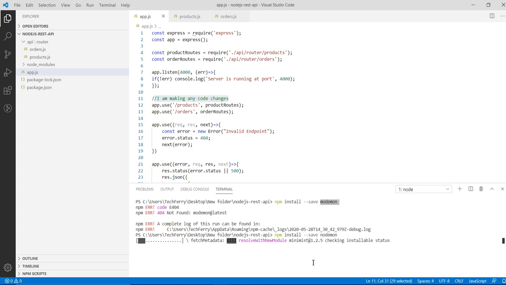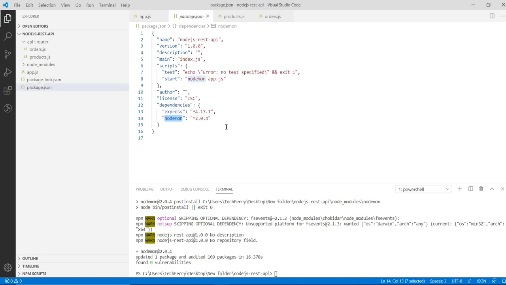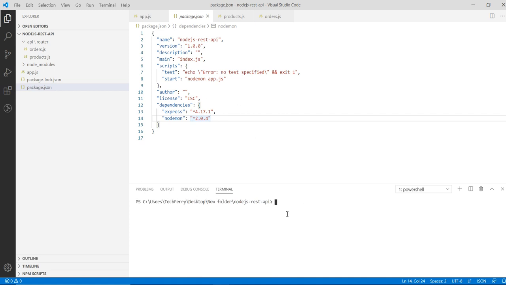So we have installed it, and now Nodemon has been added into my project as a dependency. You can verify from here, and we will see how it works. Every time I make any change in our file, it will detect it, and it will restart the server automatically.